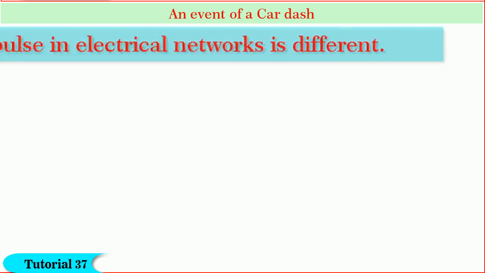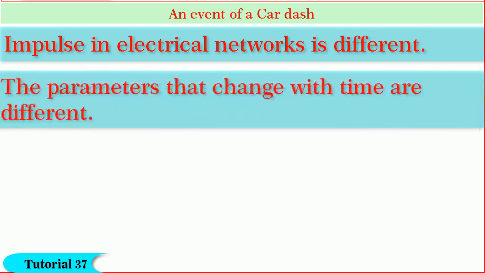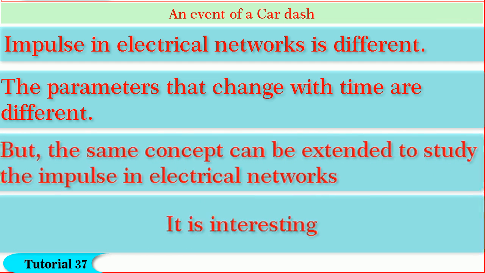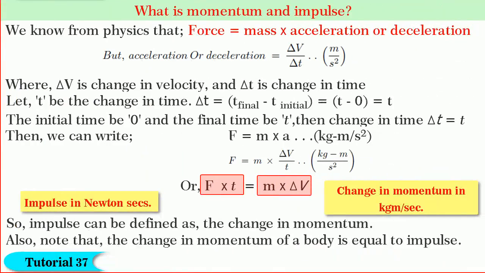But friends, impulse in electrical network is different. The parameters that change with time are different. But the same concept can be extended to study the impulse in electrical networks. It's easy and very interesting, friends. Let's go ahead. Friends, as expressed earlier, a moving ball with some mass and velocity is considered to have some